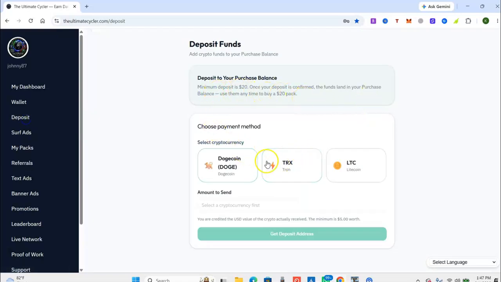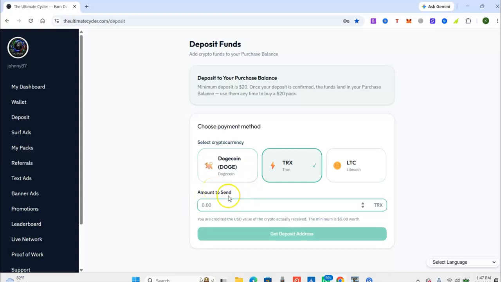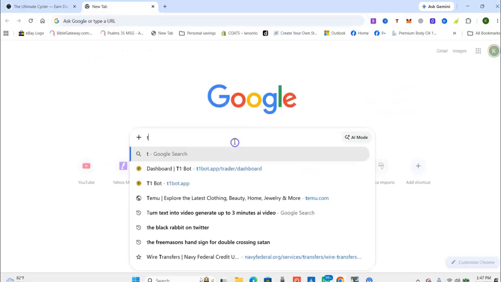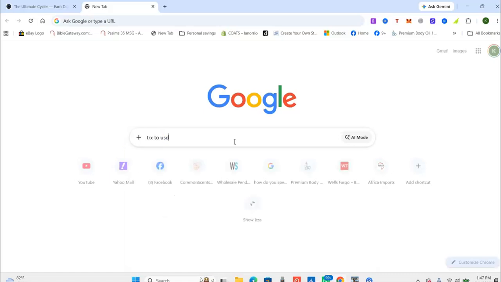The minimum is $20, so you can deposit with Dogecoin, Tron, or Litecoin. So you'll put the amount in and choose which coin. For example, if you want to do Tron, you'll put an amount in, which you've got to do 20 or more. If you're doing Tron, you have to play around with numbers, or you can go to Google, for example, and type in TRX to USD,